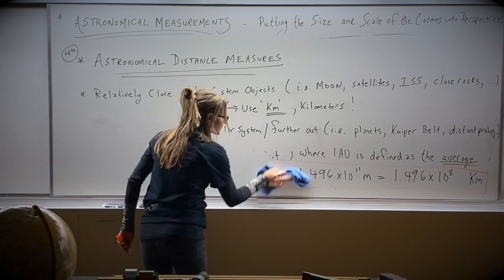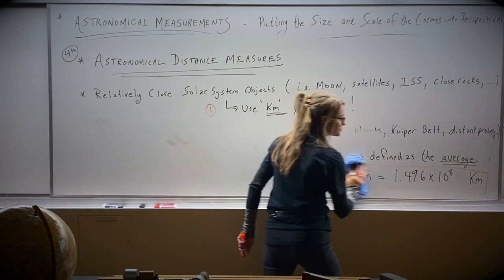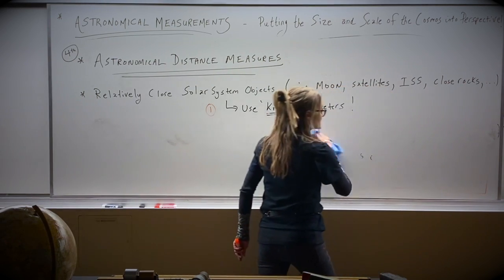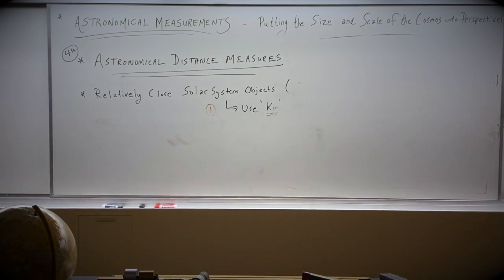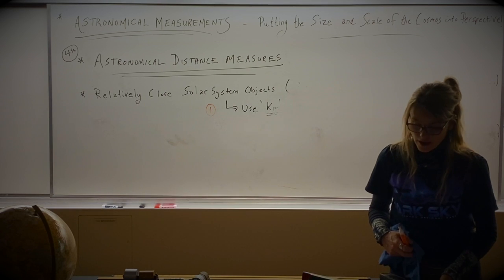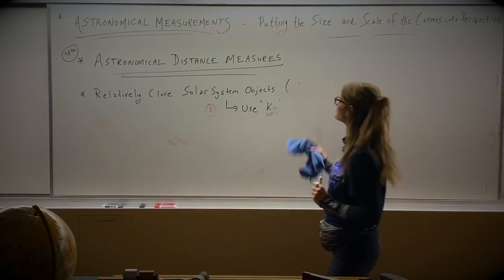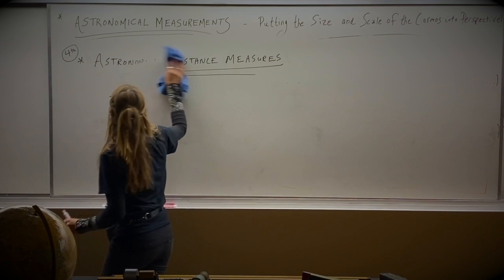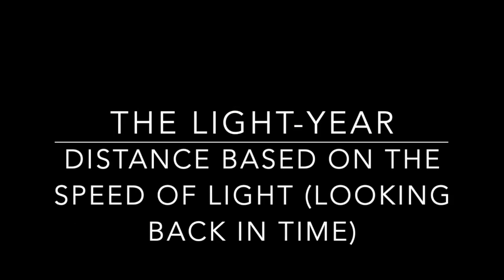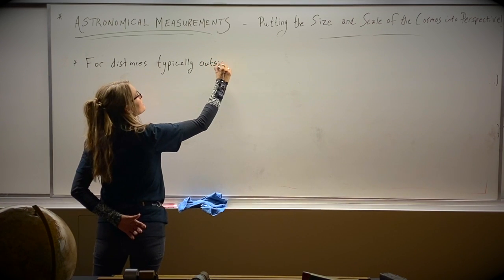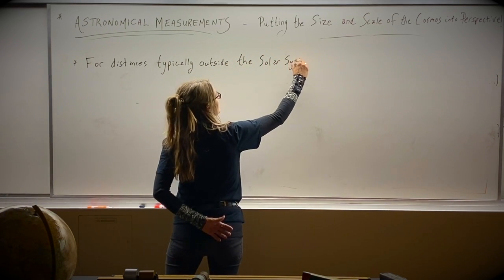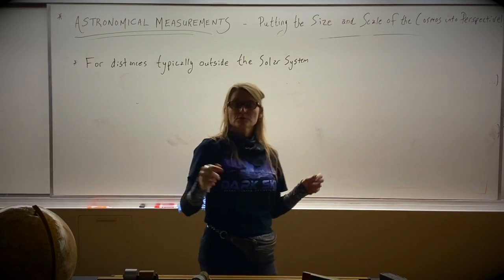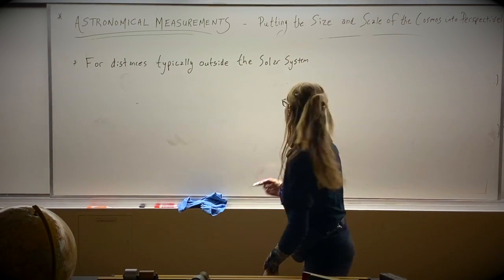Another curious thing is you can look at Voyager. Voyager is about the furthest spacecraft that's leaving the solar system, and that's over 150 AU away. Voyager 1 is approximately 152 AU away. So that's really far away. Outside the solar system, for example, to the nearest stars, to the nearest galaxies,